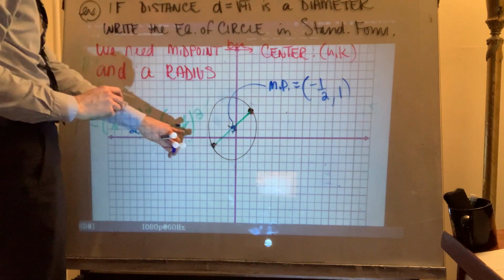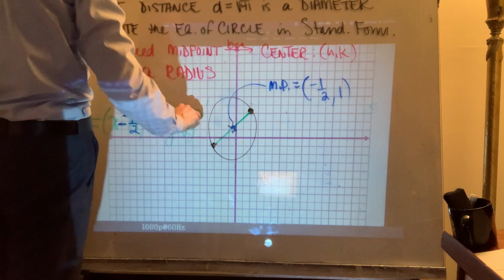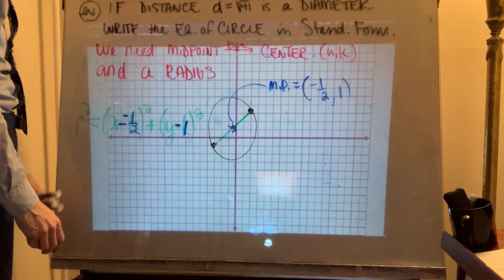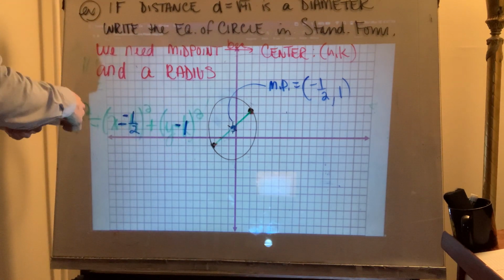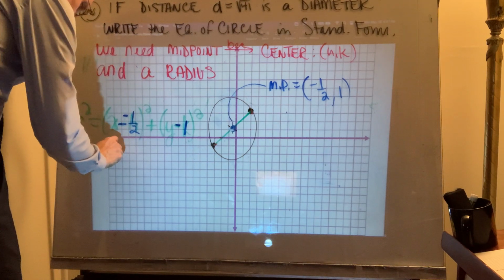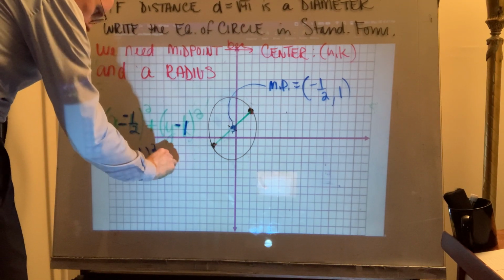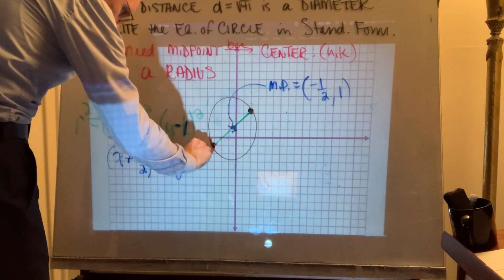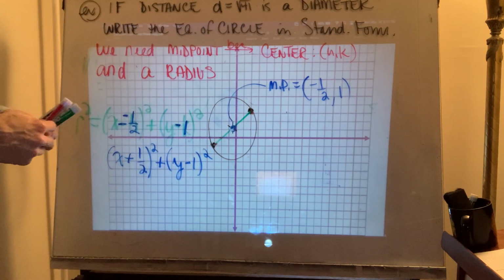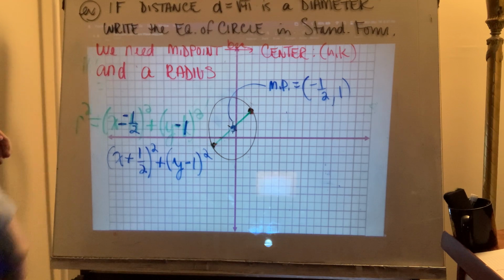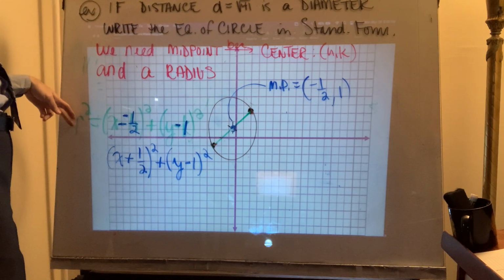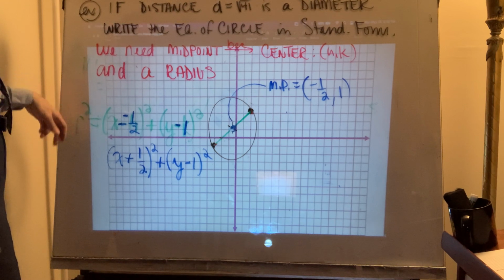All right? And then over here, this happens to be written as 1, just substitute a 1 there. All right? Just fix it, you know. What would end up happening is that this would be x plus a half squared plus y minus 1 squared. All right. Now, insofar as the r value is concerned,